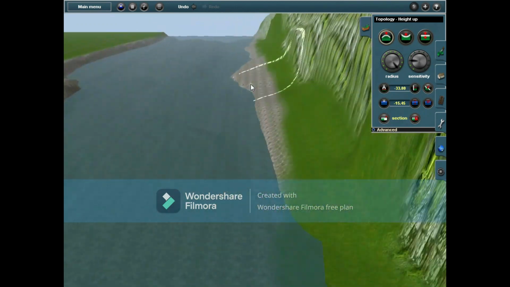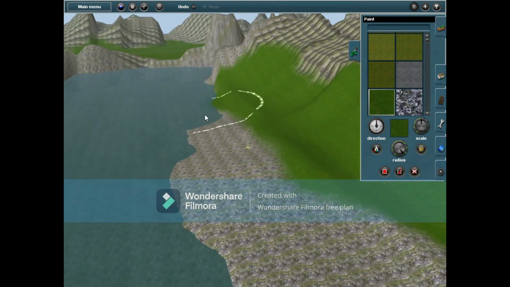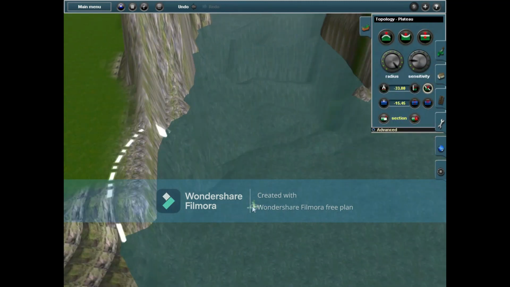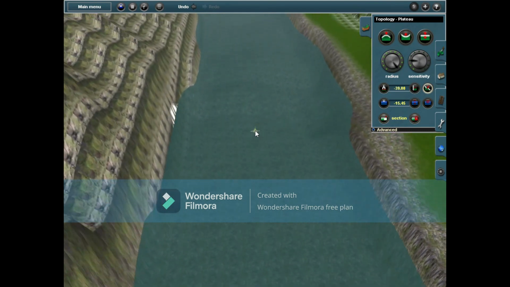You could add one of those canal gates. You know what they have? Those little canal gates that you have. I could have added those, but now I think about it, I suppose...